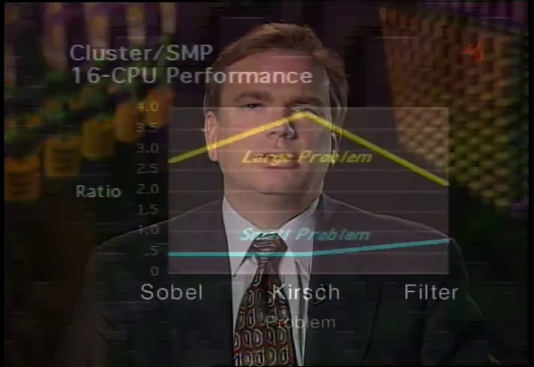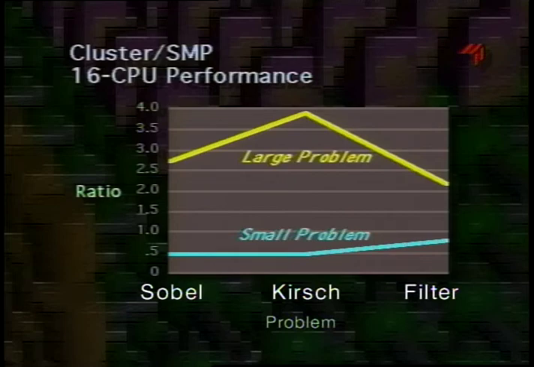At the University of Minnesota, they recently did an experiment where they ran some scientific applications, both on a 16-processor SMP and on a 16-processor cluster connected with FDDI. The results showed that the smaller problems ran better on the SMP, but the larger problems ran better on the cluster, sometimes by a factor of 2 or more. On the large problems, the poor performance in the SMP was caused by increased cache coherence overhead and increased memory contention.